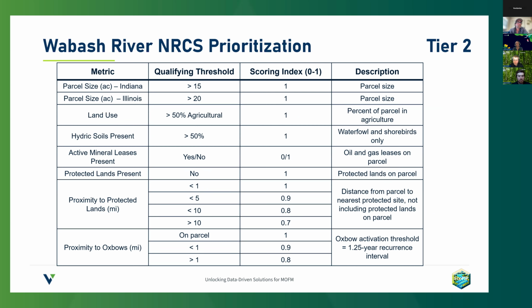This is using the same habitat suitability as the base for the 3 different categories, and then layering on other metrics such as parcel size, the presence of hydric soils, as well as proximity to other protected lands. On the Wabash, we had 3 main HSI categories. One was based solely on habitat suitability. And then, as I mentioned, we had this NRCS criteria, which uses that HSI as its base. And then we had another custom scheme for TNC that was very similar to the NRCS scheme, but it was a little bit less restrictive in terms of the presence of acromineal leases, for example.